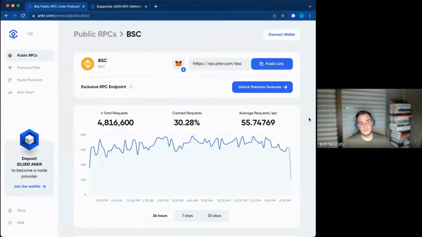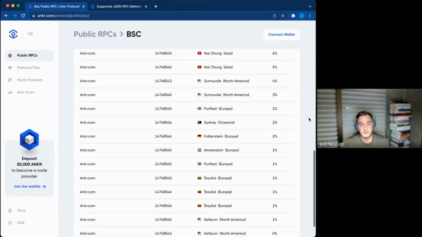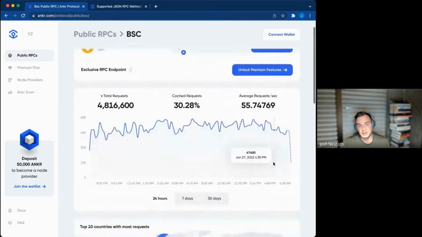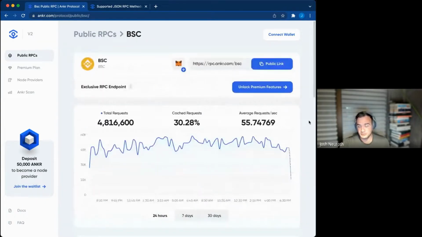But one thing we've been doing with Anchor Protocol is, instead of just building a centralized service provider, we're using our own protocol to basically incentivize the nodes. And so to keep that decentralization in the network, you can see there's all these nodes that are running here, powering this. And we have a lot of community members now that are running nodes for Anchor Protocol and earning Anchor tokens for that. So that's what Anchor does in a nutshell.